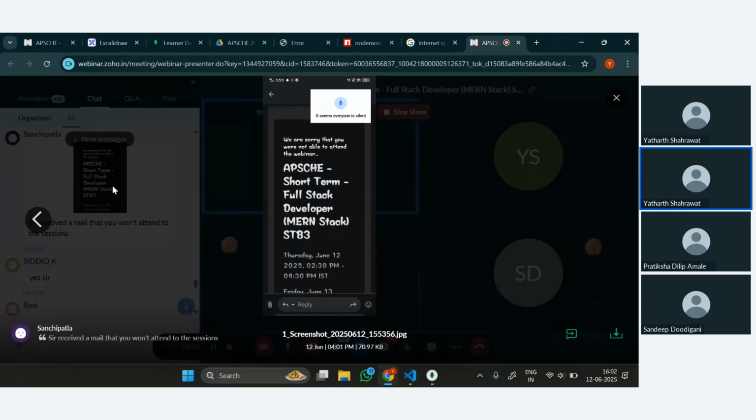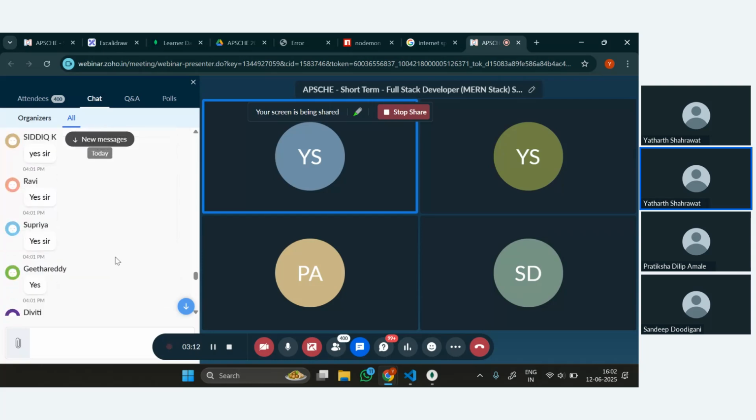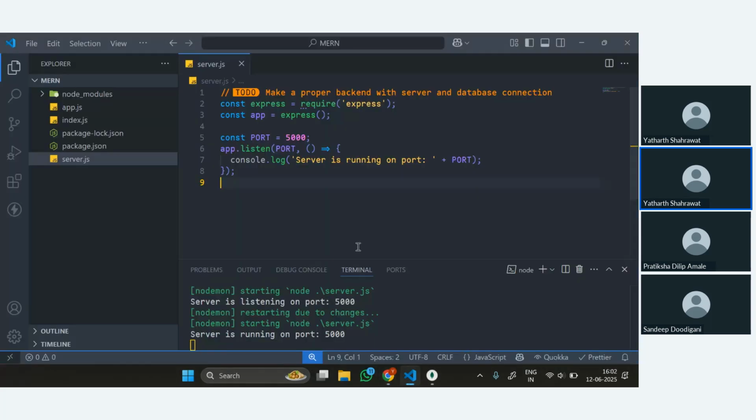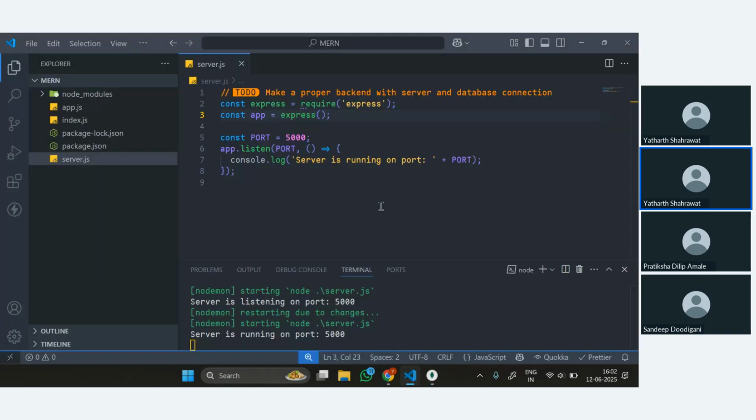There would be a technical issue, I think. It is 100% a technical issue, not your fault. Don't worry. So we have started our Express app again, and we have opened MongoDB Compass and also made the connection. I've named this connection AppShare. So these two things I've done. Express I have started. So the first thing is